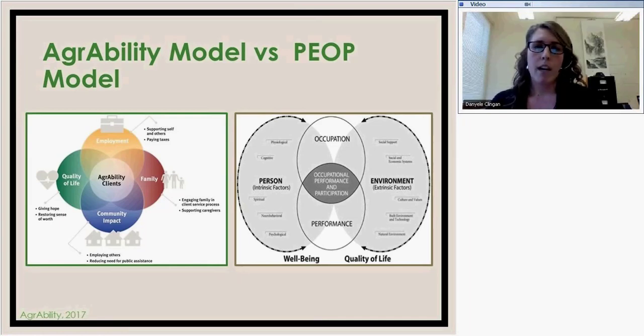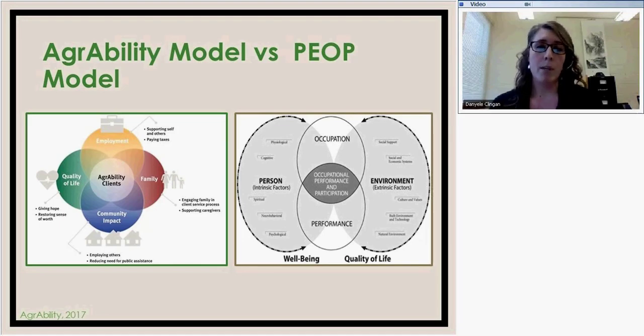So I wanted to wrap it all up with this last slide. For those that might be familiar with either picture, the picture on the left-hand side is the AgrAbility model, and the picture on the right side is Occupational Therapy's PEOP model. Something I found very interesting when I first arrived at AgrAbility was the AgrAbility model, and as soon as I found it, I instantly thought of the model I was taught in the classroom,